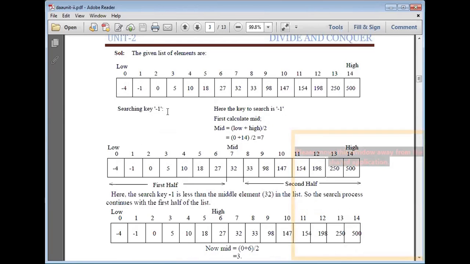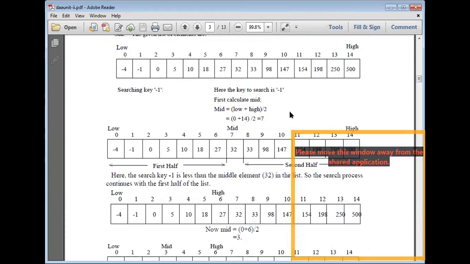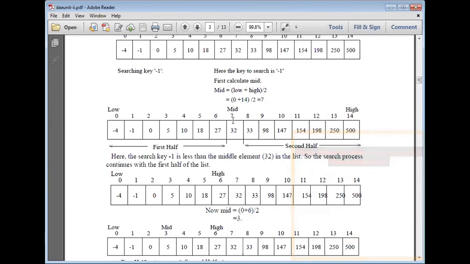Now we want to search. Hence, the key to search is -1. First calculate mid. Mid is low plus high by 2. So low is 0 and high is 14. So take the average. You will get 7. So 7 is the mid element.